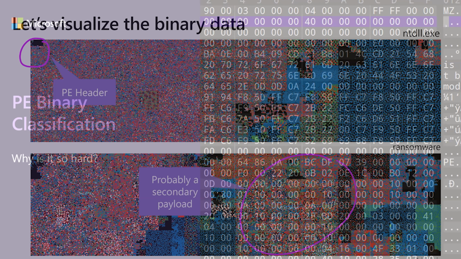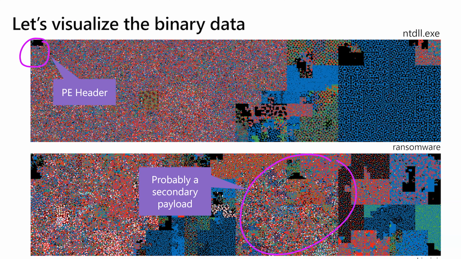So here's an example from BinViz.io, where they take apart the bytes of the PE and display them as different shades of color. Just by looking at it and knowing PE files, I can tell that these black areas up here in the corner are a PE header. And this is NTDLL, the exe or DLL. It kind of looks benign in this area over here, this blue area. This is